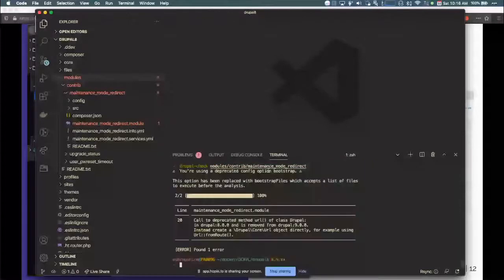Okay, so it found one error on line 20, and it says call to deprecated method URL, and it says in Drupal 8, that's where it's seeing that, and it's removed from Drupal 9. These are the kind of messages you'll receive. So all that's saying is that this was deprecated, meaning it's planned to be taken away, and in Drupal 9 it was taken away. And then here's the new format. So it's going to be changed to URL from route. And this is just an example. Like really, it's just replacing some simple things. Most of these changes are very minor, and you're just switching out some code. And there's even a tool that will help do that automatically for us.